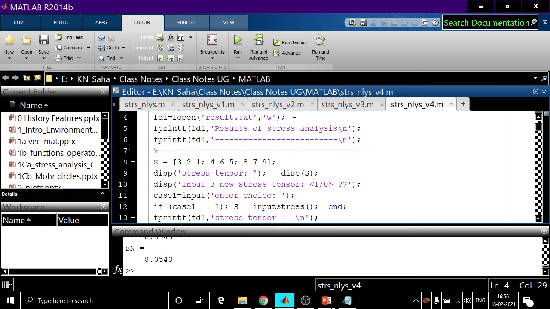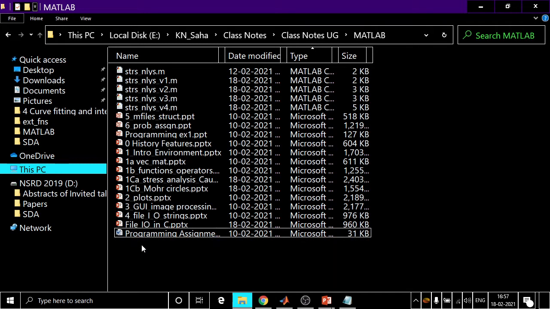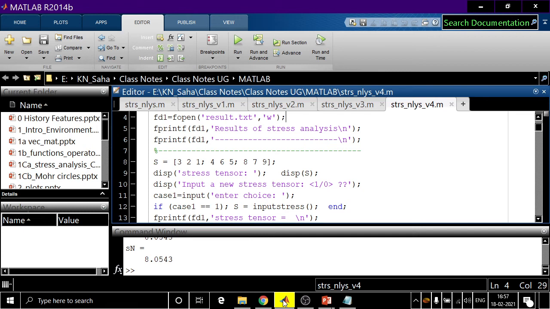This program is already executed, so you see here, this file is created. Clear? If I delete this file, let me delete this. Okay, I've deleted the file. Let me run this program once again.